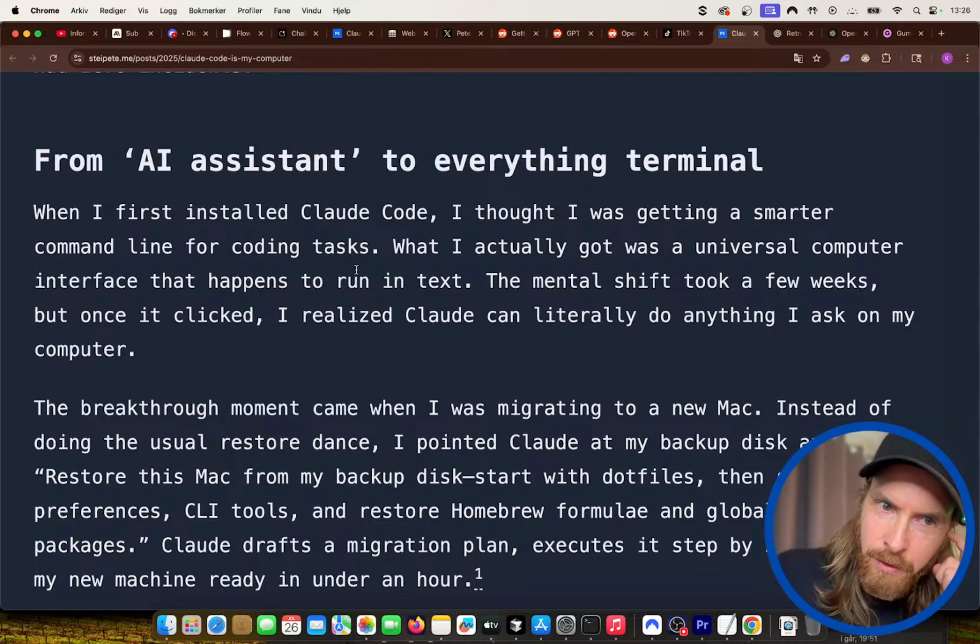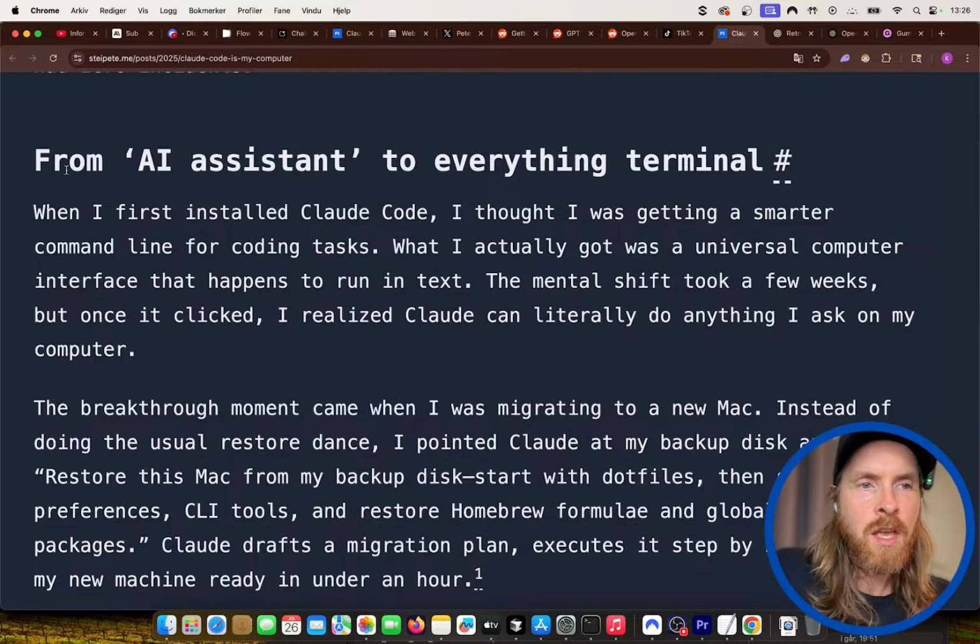But I wanted to see what he uses it for here in his article. So from AI assistant to everything terminal. When I first installed Claude Code, I thought I was getting a smarter command line for coding tasks. What I actually got was a universal computer interface that happens to run in text.